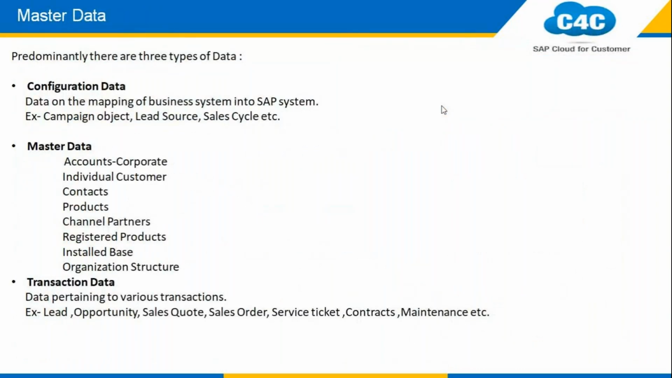So there is master data in C4C. You have master data like you can see here: account, individual customer, contact, product, channel partner, registered product, installed base, organization structure. These are all master data. Then there is configuration data. You have transaction data: lead, opportunity, ticket, contract, maintenance. These are all transactional data. So this is also very important within C4C,